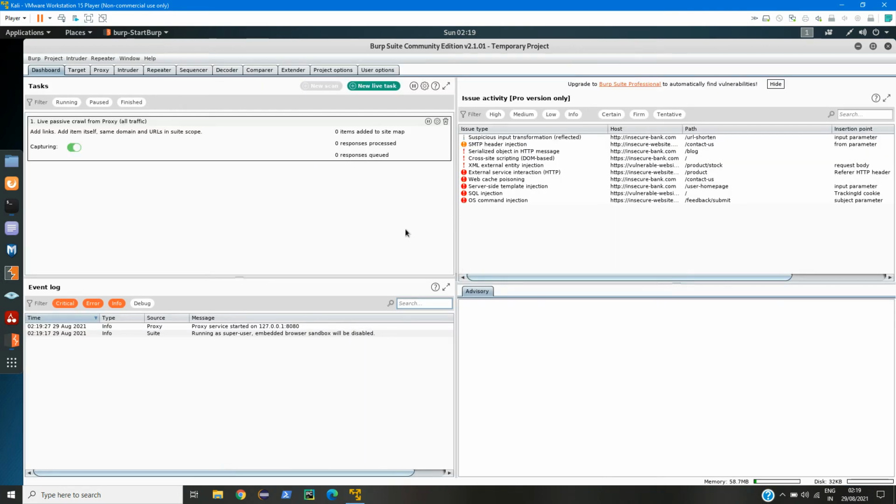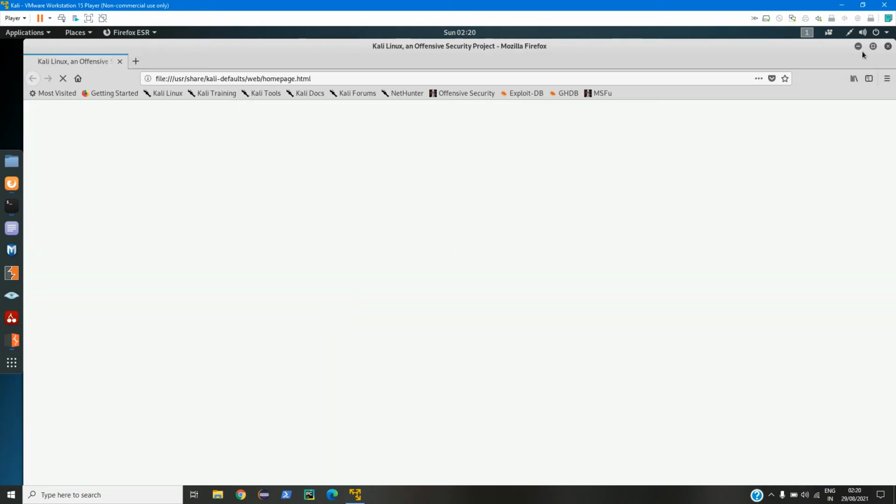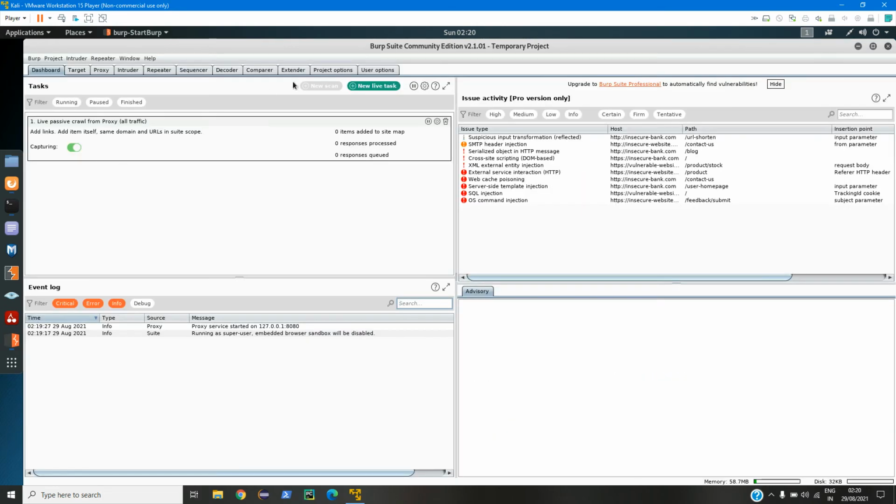So this Burp Suite is basically for penetration testing and security analysis to scan all the packets that are being transferred from our system to the website, and we can interrupt those packets and see what is the data that is being transferred, and we can also intercept those data. Now to set up this Burp Suite, we need to open the Firefox and do some configurations. Before that, let us check the configurations in this Burp Suite.